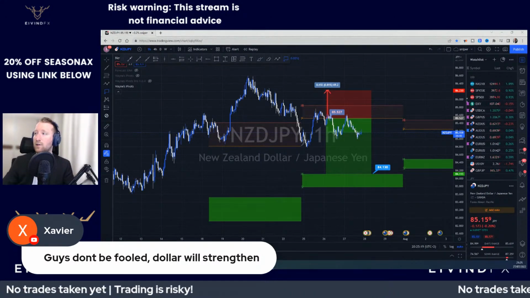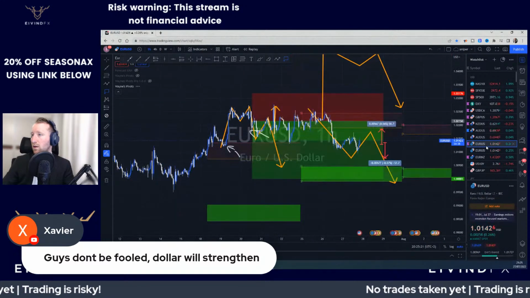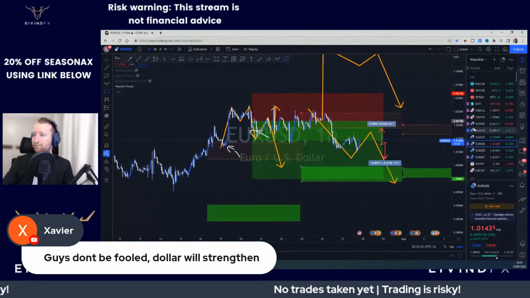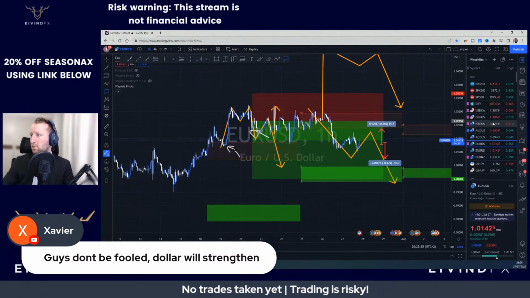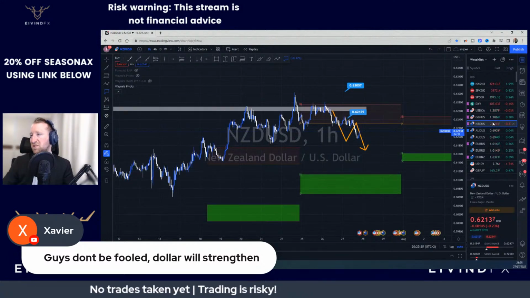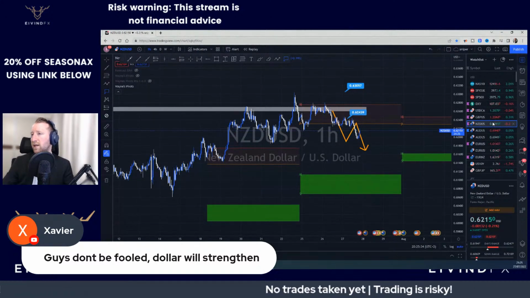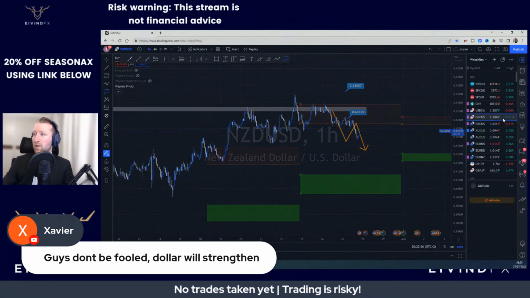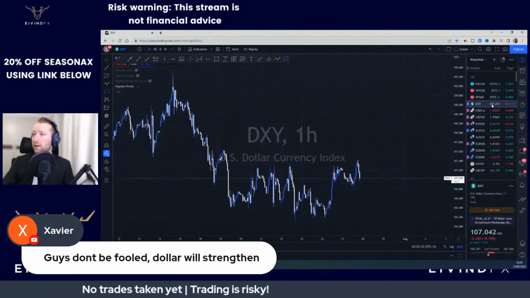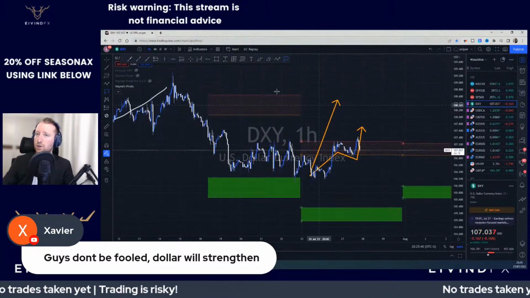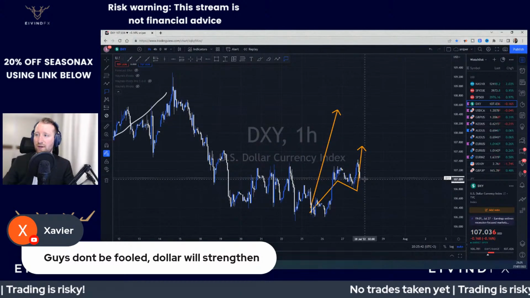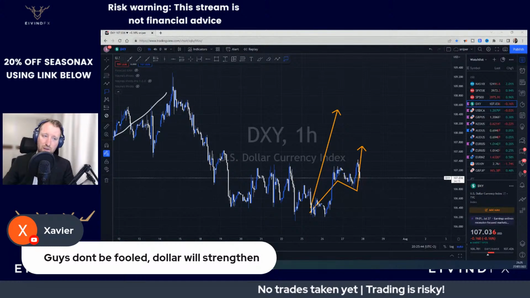But go back to euro dollar. Okay, still somewhere in the middle. Can't complain. New Zealand dollar, still falling a bit. So that was actually a good trade. Okay, can't complain. Pound dollar, waiting for it to go lower. It's not currently going lower, and dollar's currently having a bit of a pullback before it eventually will go higher.